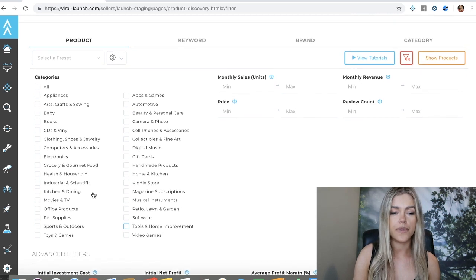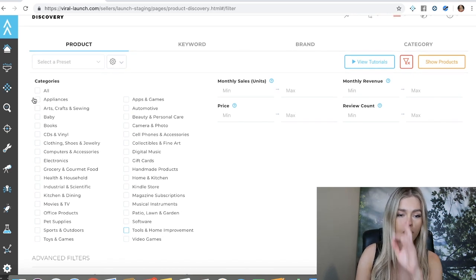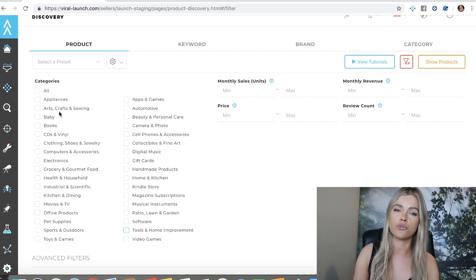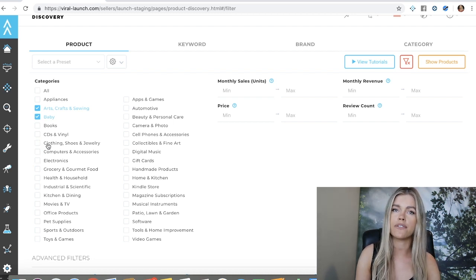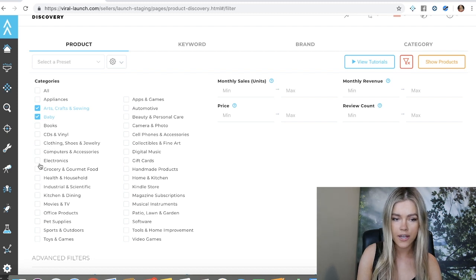So again, just play around with it. What I like to do is just select a few and then just kind of roll with it and just click in a few, click out of a few. So you can do arts and crafts, baby is a good one. Clothing and jewelry has too many variations. You don't want to get into that ever. I stay away from electronics. Health and household, industrial, scientific, kitchen and dining, office is good, pet supplies,